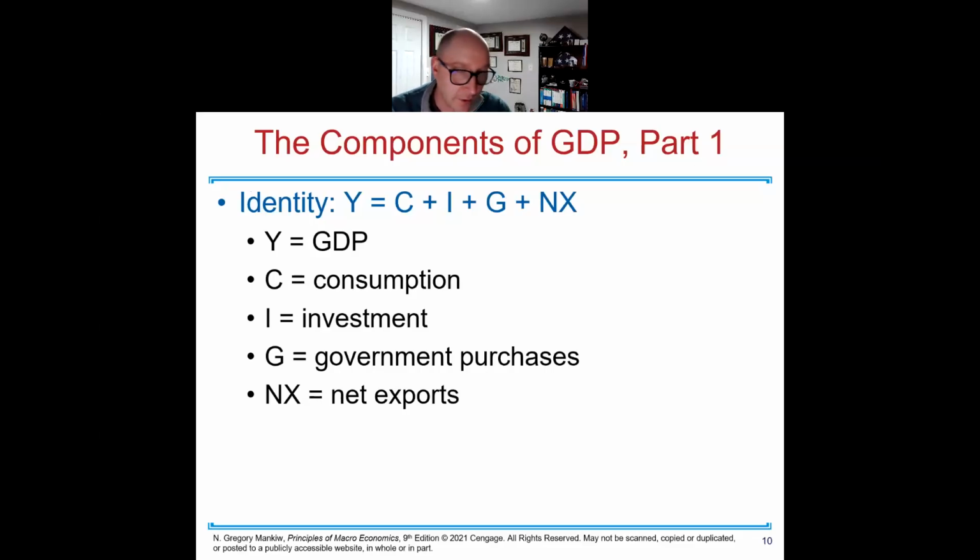Okay, yeah, I know, it sounds like, what do you call, algebra. Kind of is, a little bit. Here's how it works. Y represents the entire gross domestic product. So we're trying to solve for Y. Right? So how do we solve for Y? We take consumption, which is the consumption of goods and services, the use of goods and services, plus